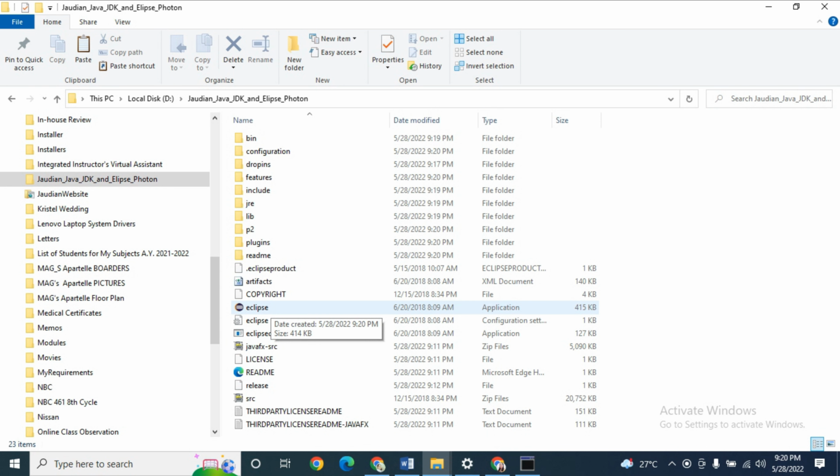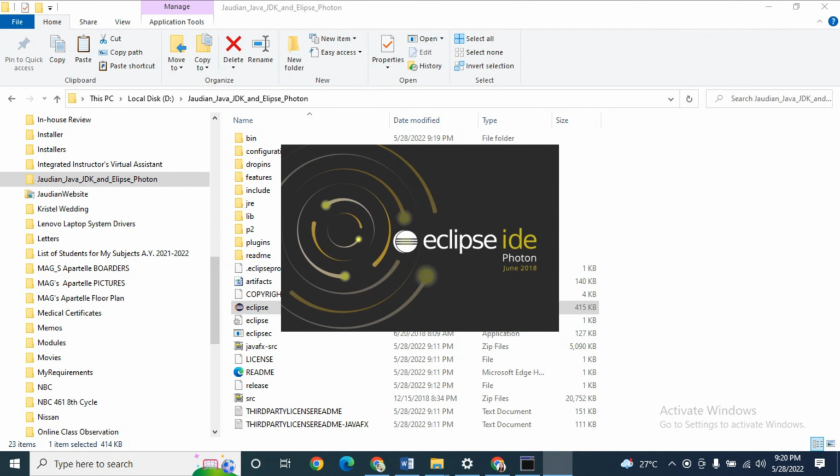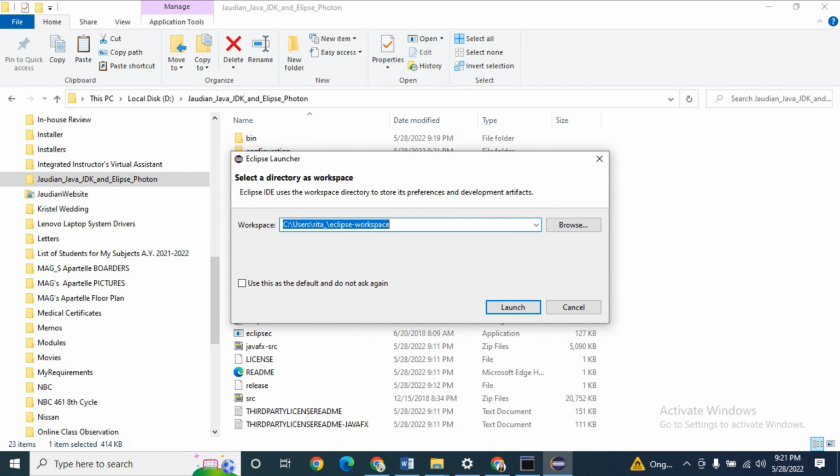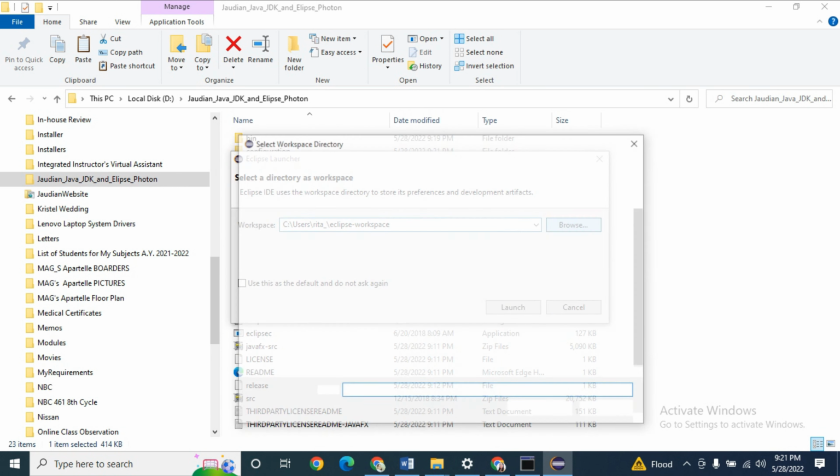Then you can see here Eclipse with this logo. So you just double click. Okay, this is our Eclipse environment. The Photon was created last June 2018. Here, you are suggested to create your Eclipse workspace at local C disk. To change the location, you just click browse,